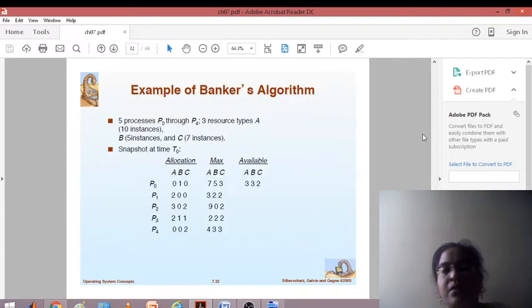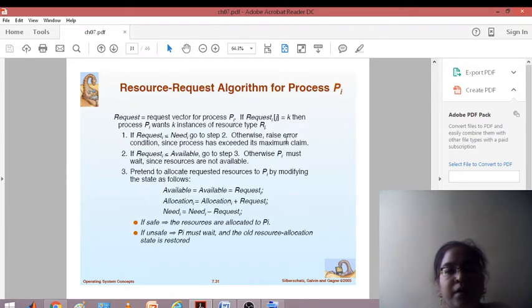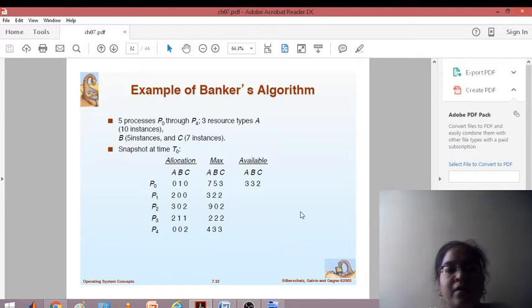Okay, so this is how you are going to work using a resource request algorithm. Now here you have a snapshot, an example of the Banker's algorithm. You have 5 processes, P0 through P4, and 3 resource types. Resource type A has a maximum of 10 instances, resource type B has a maximum of 5 instances, and resource type C has a maximum of 7